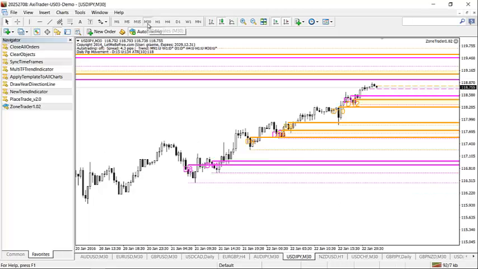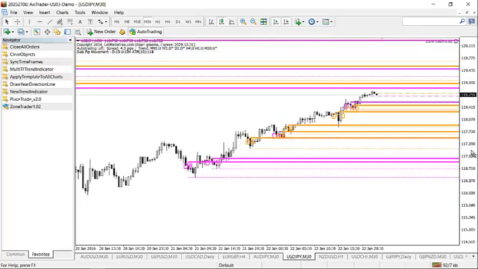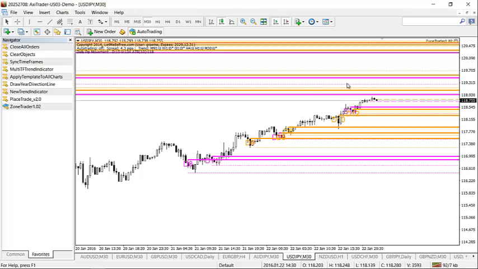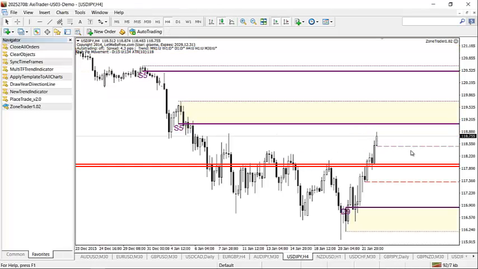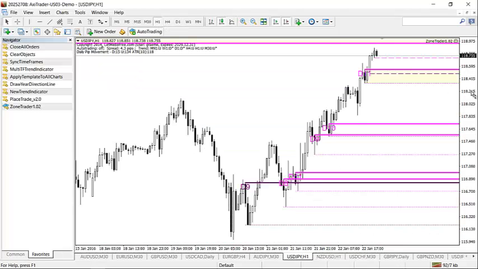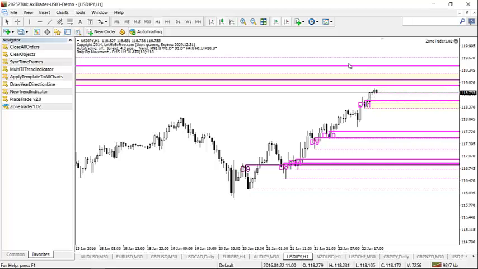I will just have a look at the 30-minute zone just out of interest. Again, it's not really adding any more information than we already have, so I'll just go back to the H4 just to get another look at it. I guess you could say if it's going to go about 50% into that zone, then yeah, it could be worth looking at the 1 hour zone. So that would be at about